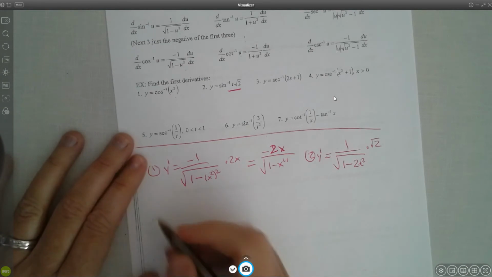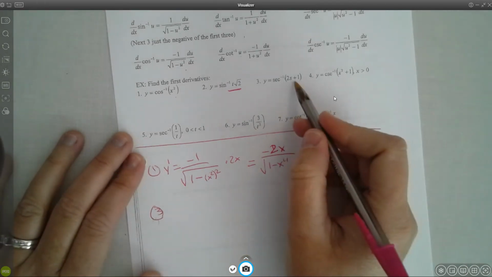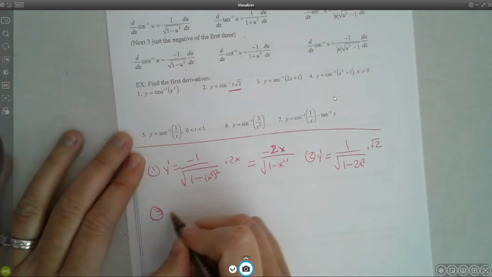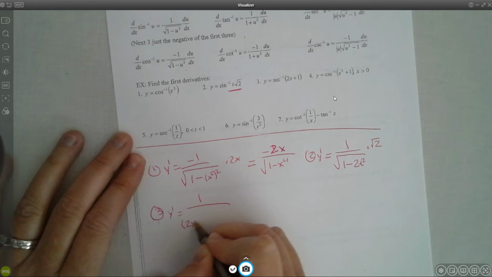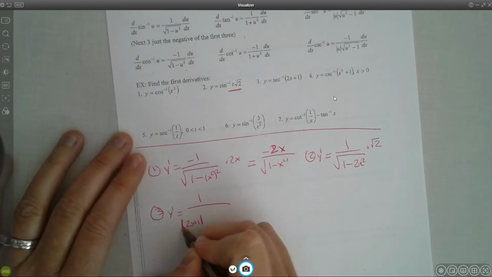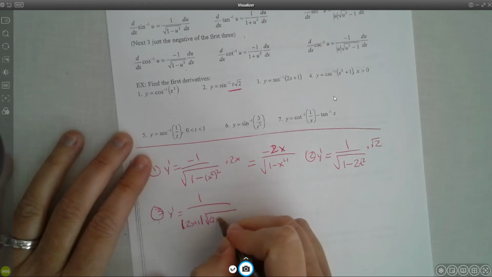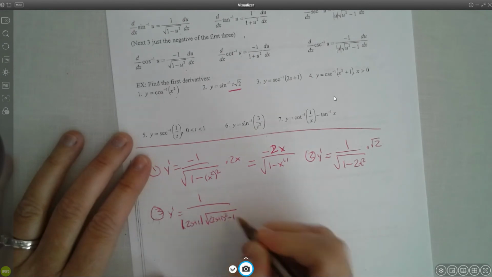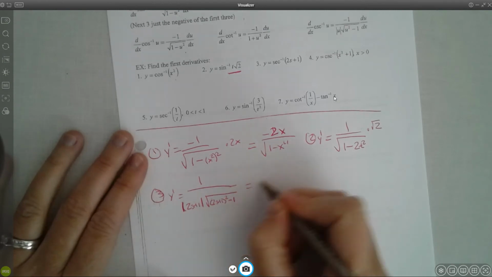Now you can get one like number 3. It starts to get a little bit trickier. And you're just putting this into the secant rule here. So the derivative would be 1 over, you have 2s plus 1, that's the absolute value, square root of (2s plus 1) squared minus 1. Now you actually have to square this out right here. So when you square that part out,